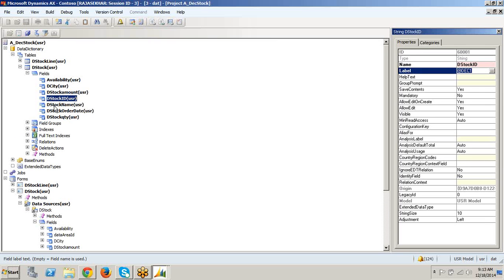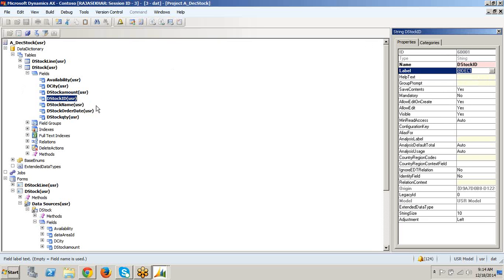That field will be a column on the grid, and the text will be whatever label text we write. If we give stock ID as the label description, it will show on the form as stock ID.